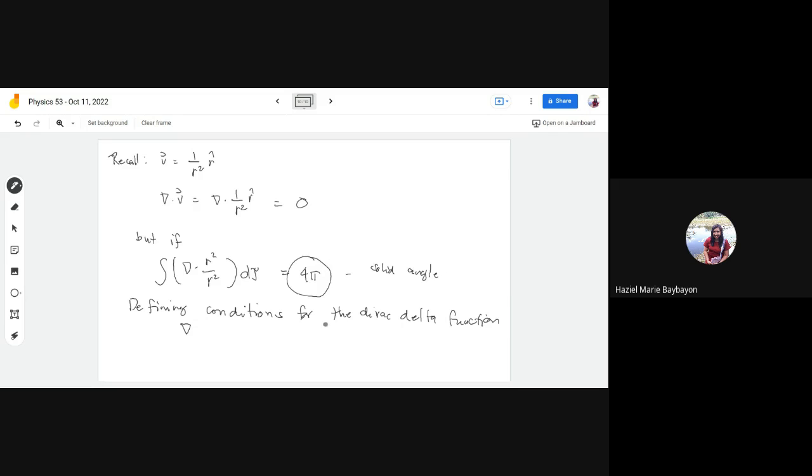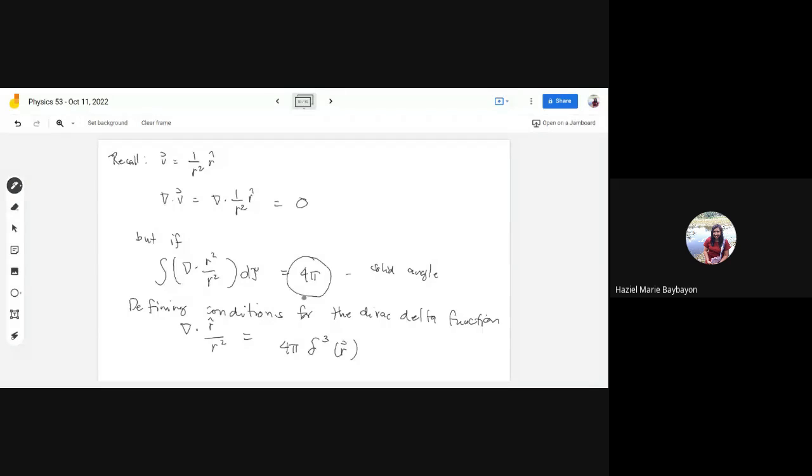Okay, so the defining conditions for the Dirac delta function, you have the divergence of 1 over r squared r hat is equal to 4 pi multiplied by the three-dimensional Dirac delta function, which we know that when we integrate it, it is equal to